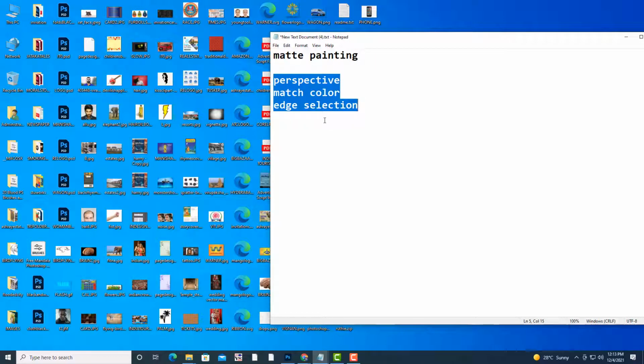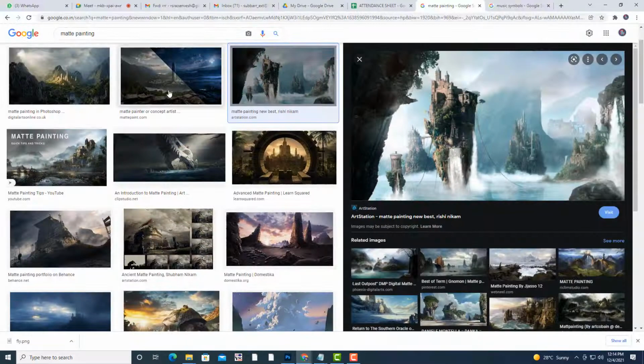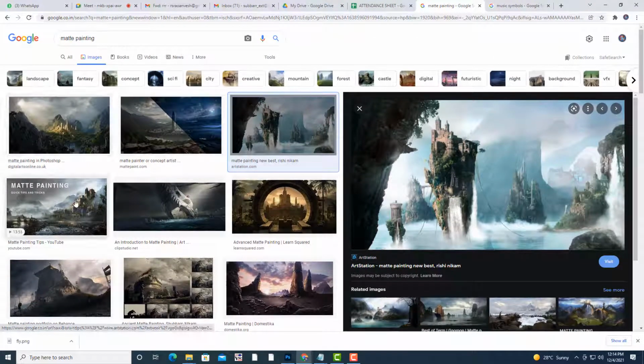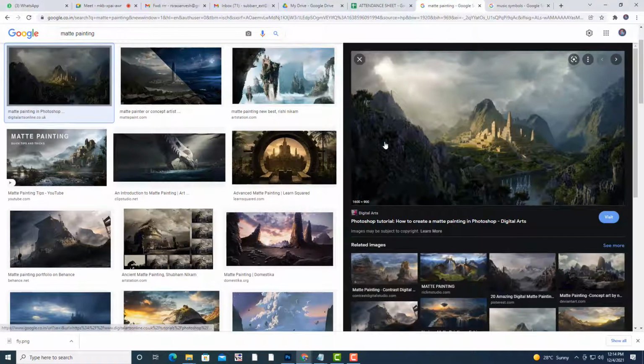First we'll see what is perspective. Perspective means whatever objects are far away from your eyes appear very small, and whatever objects are close to you appear very big. For example, I will show you perspective in these images. See here, this mountain is appearing big and this mountain is appearing small because it is far away.